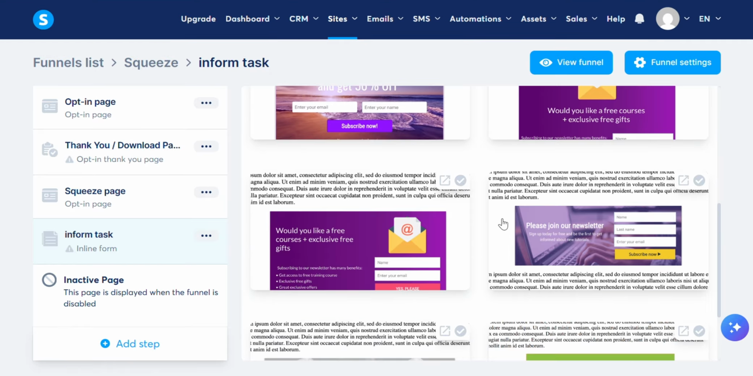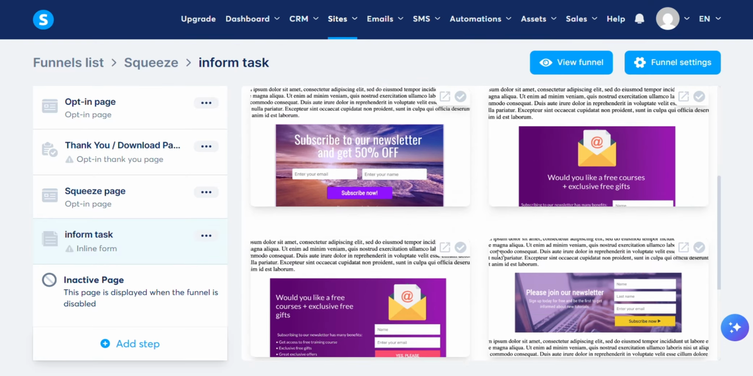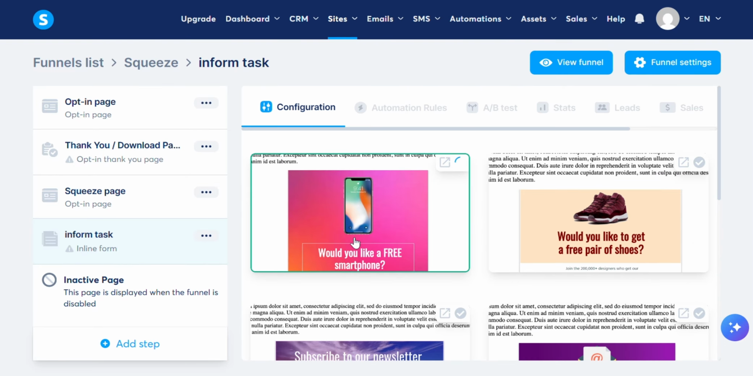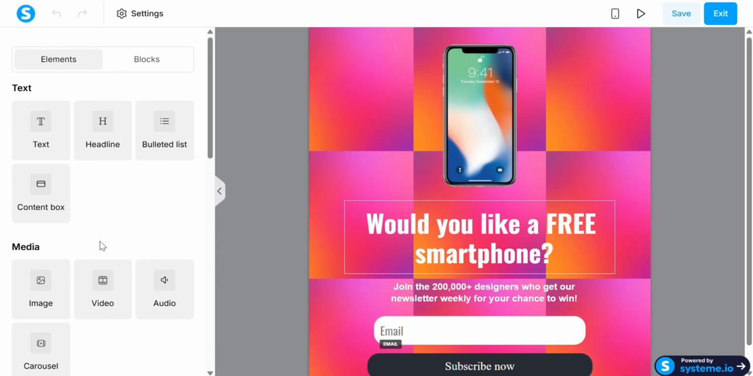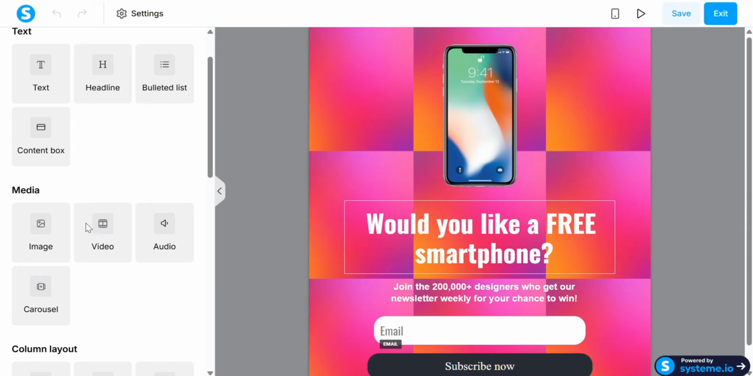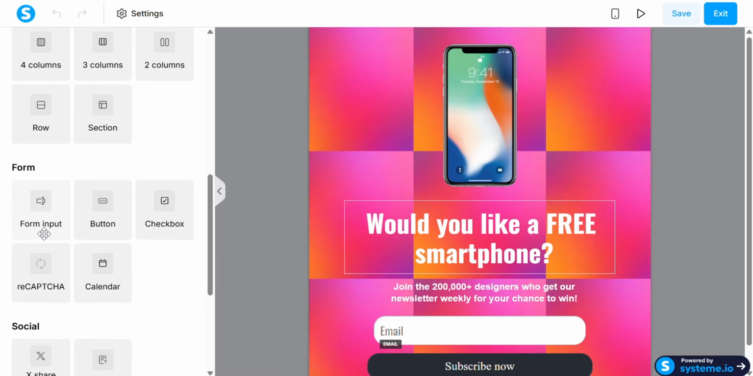So from here, you can select any template that you want to. This one. Then look for the edit page, open it to open the editor page. And inside the editor, you can customize your form by changing the headline, text, colors, images to collect visitor information, and you can drag a form like this one,